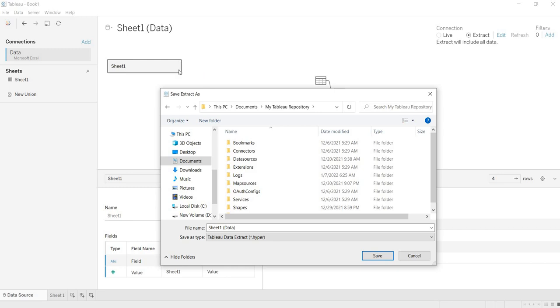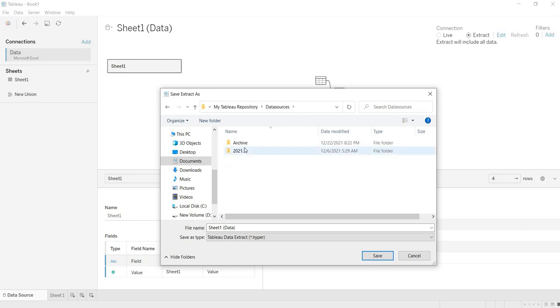After performing all of that, when you click on extract, it will extract all the data and make a copy of the data, and you can keep that copy on your local machine. Whatever data is there, you are bringing that data and keeping it on your local machine.